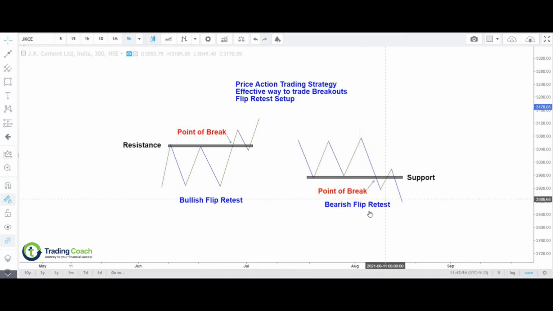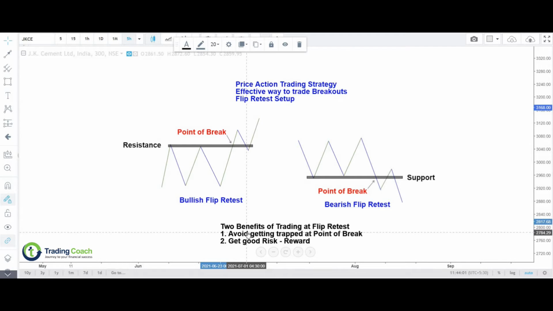Alright. So again, here also the same process applies. Instead of trading exactly at the point of break, we will wait for a retest from the downside, and then we will try to go for a short position, or a bearish trade, right after the bearish flip retest. As I pointed out, the two benefits of trading at flip retest are, point number one, we can avoid getting trapped at the point of break, and point number two, we can get a very good risk reward